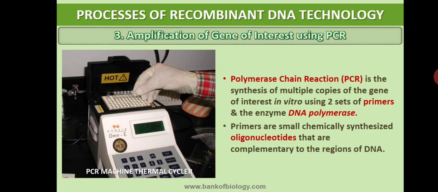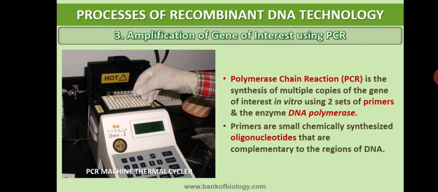Getting my point? What is PCR? PCR is the polymerase chain reaction. It is also called gene amplification. Gene amplification is getting multiple copies of the same DNA. Therefore, how can we define PCR? It is a process of making many copies of a desired gene, which is called gene amplification or PCR. Getting my point?